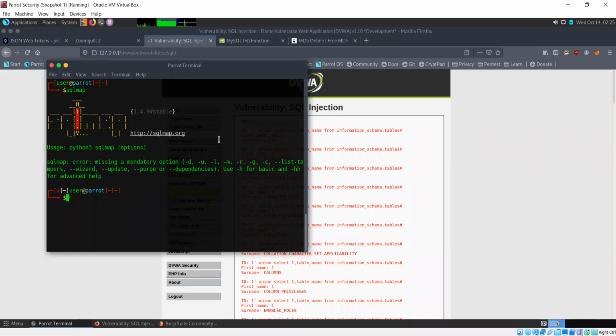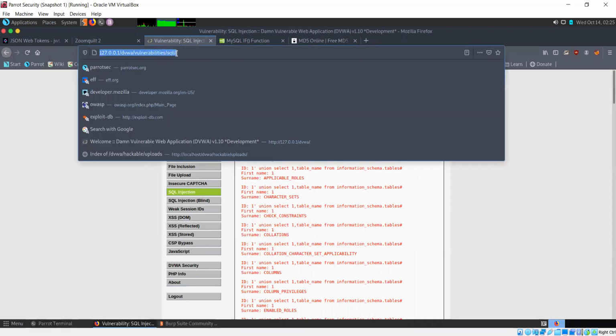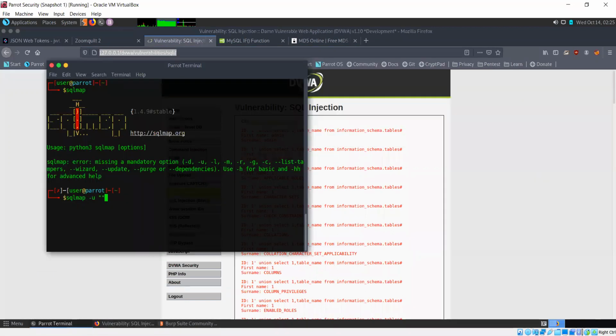Okay, we haven't specified a URL. Let's just specify the URL for that with -u, and let's just copy this. See what it tells us.